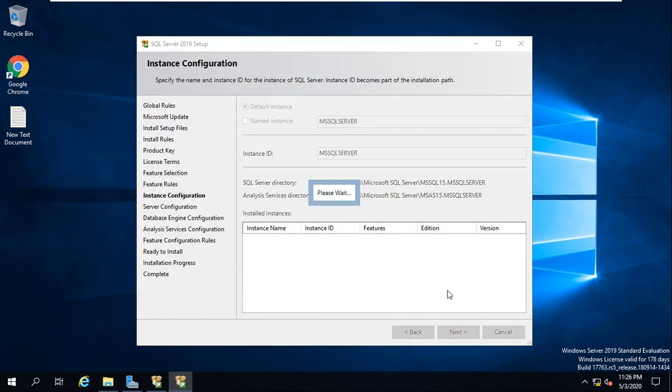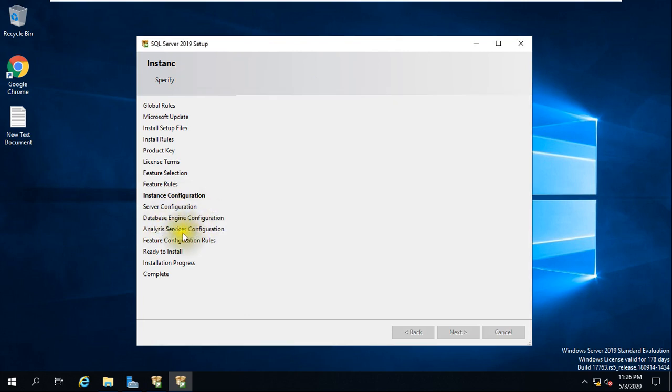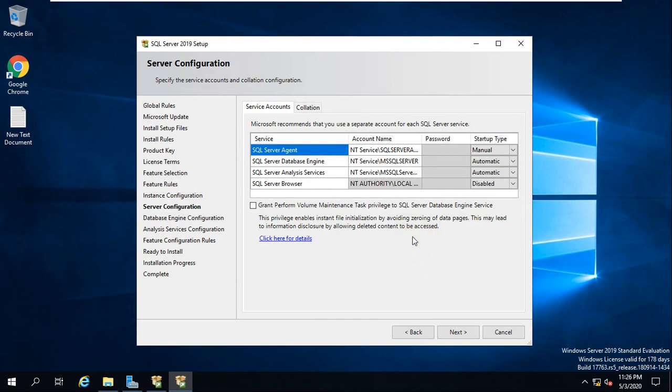And next, wait for the next page to come: server configuration, then database engine configuration, Analysis Services configuration. Here you have to give the service account. I told you I created one SCCM admin, so that account I will be using, India and SCCM admin.